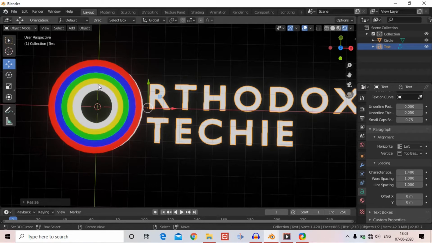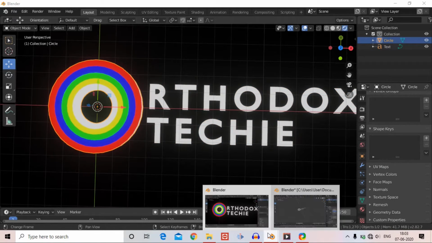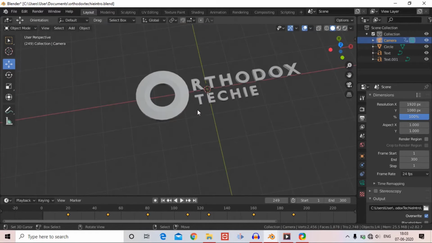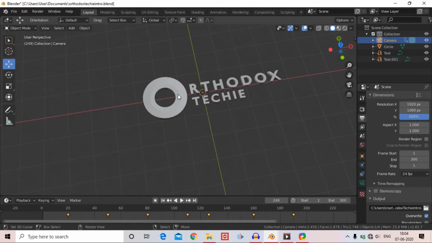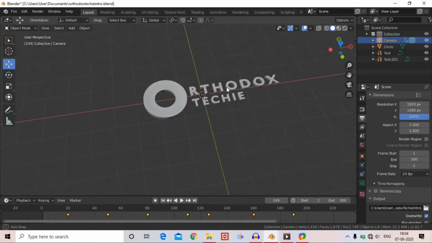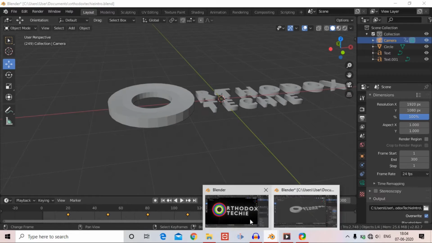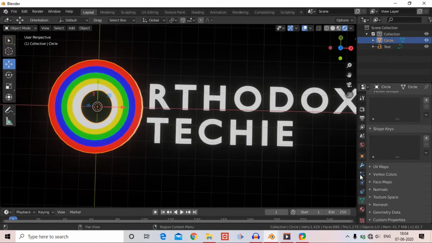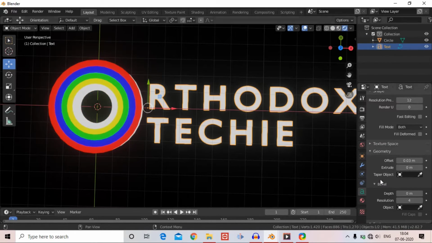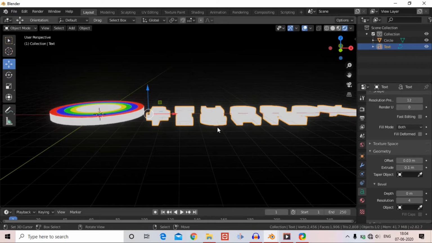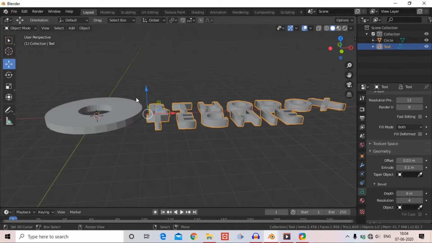And what I did in my actual intro is I have created a depth to the fonts too. So let me add some depth here to our fonts. So we have just added some depth to the fonts,